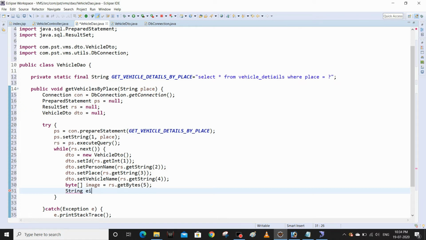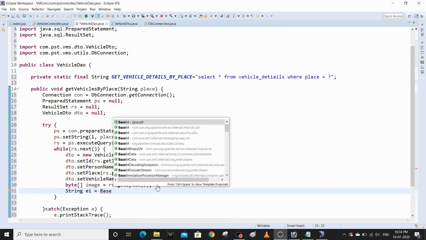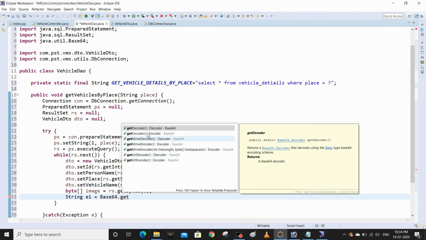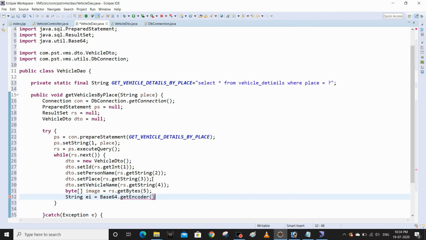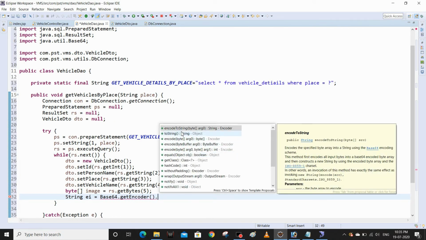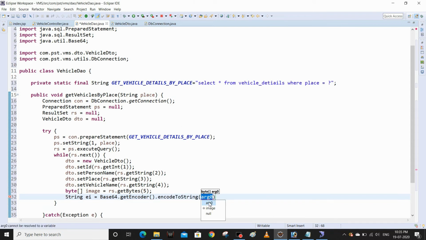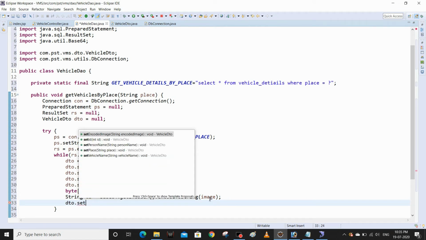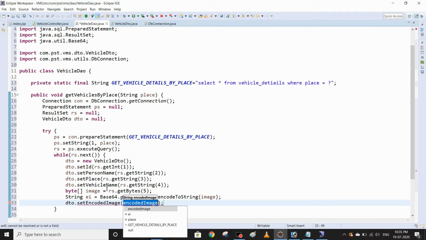String encodedImage, for example ei, equals the Base64 class, which comes from the java.util package, dot getEncoder. Here we have the encodeToString method. This method takes a byte array as an argument. I'm going to pass this image, Control V. So finally the entire byte array is changed to string format. Then I'm going to set this string to the DTO class, dto dot setEncodedImage, with our ei.